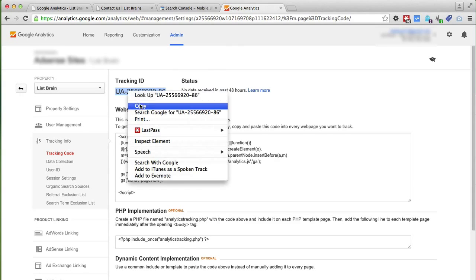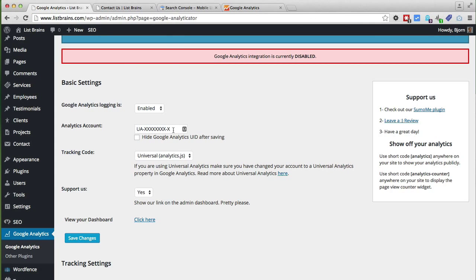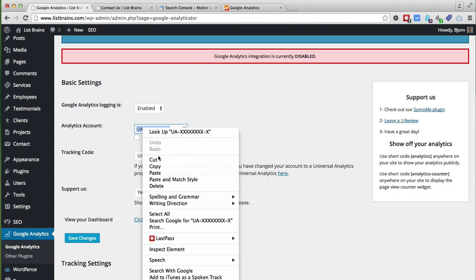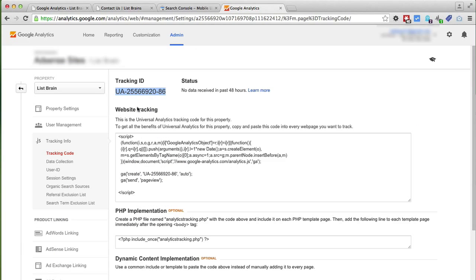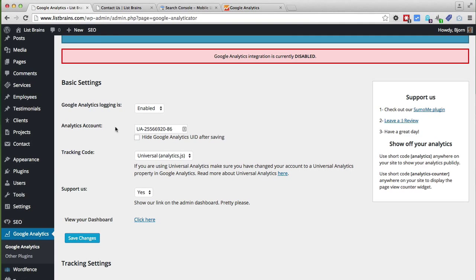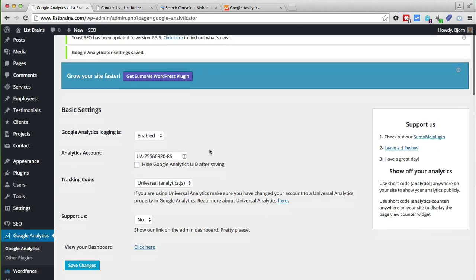So we want to highlight all of that, click on Copy, go back to our Google Analytics plugin, highlight this, click on Paste, and now we have our tracking ID in there. And this is the universal tracking code. If we go back to Analytics, it says right here, this is the universal tracking code for this property, and that's the one we want. Go back to our plugin, keep it as universal. I don't use the support us because it adds a link to your site, to the dashboard in this case. Anyhow, after all that's set, I click on Save Changes, and now that big red warning goes away,